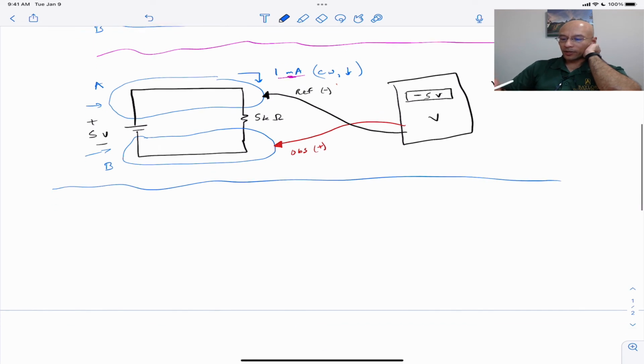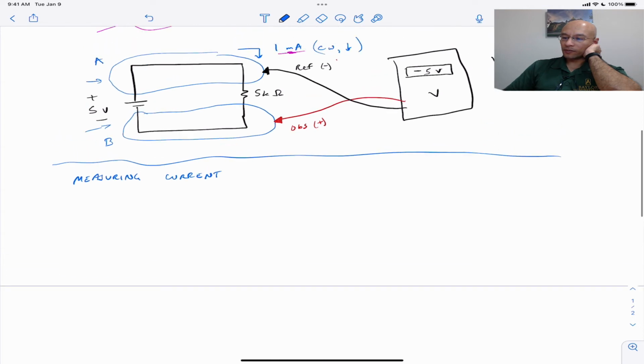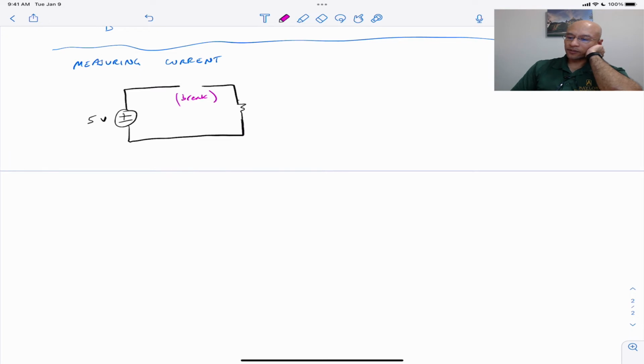Now, let's show a current measurement. This is a bit more involved. So I'll sketch the circuit again. Now I'm using an alternate sign for a voltage source. It's the same circuit, but what I've done in this case is I've introduced a circuit break. And in this state, no current can flow through the circuit, but this is necessary for a measurement of the current. So what we do is we take an ammeter,